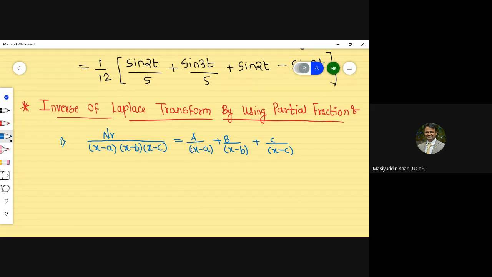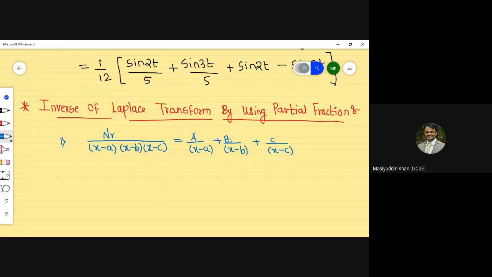So that time you just remember one thing, that is a by x minus a, the denominator of a is x minus a, means x minus a will not come along with it. The term which is multiplied with a is by default other than x minus a. So we have to just look at how we can make a 0 if I have to substitute x equal to b and x equal to c. Definitely I will get a equal to 0.